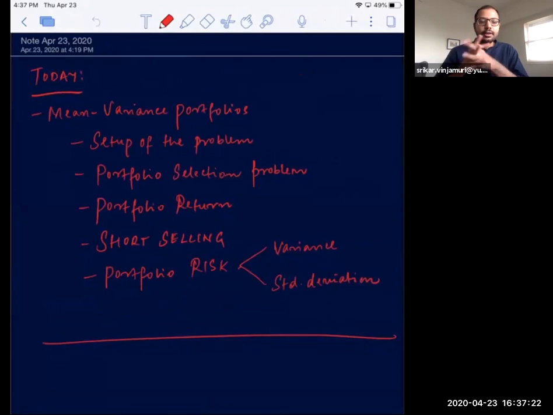Okay. All right. So this is where I'm going to switch gears. This is where we go into asset pricing. This is where we begin talking about modern portfolio theory. How do we assemble portfolios? What is the relevant criteria? What is the problem that we're trying to solve? It's my favorite section of the course, to be honest, because it's quite interesting. The first section and the last section of the course are where I really enjoy teaching the material, because there are a lot of moments where you go, oh yeah, now the world makes a little bit more sense. I hope that this is one of those